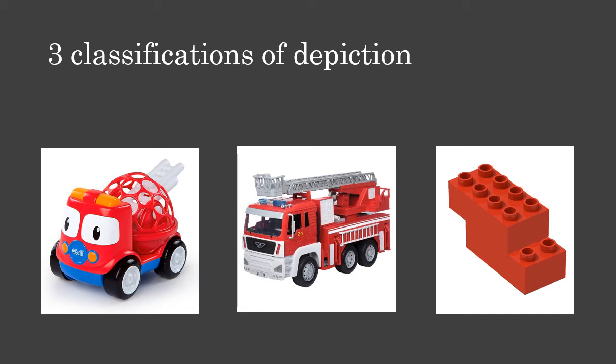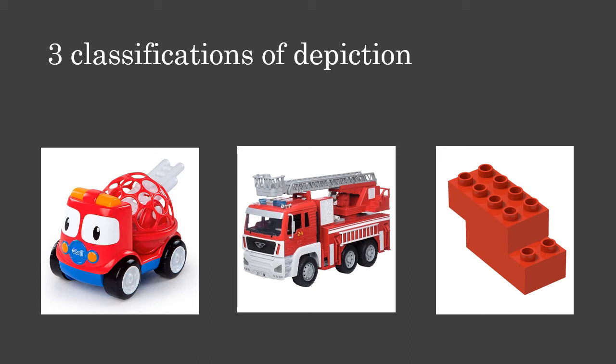If I look at the toy on the left, it still has a lot of key components of a fire truck. It has the ladder, it's red, it has some lights and wheels. So again, this is obviously an abstracted version of fire truck, but there are still enough key visual cues that the viewer understands that this toy is still representing fire truck. So that would be your abstract version of fire truck in this toy example,